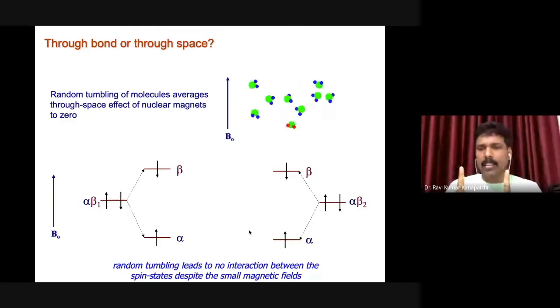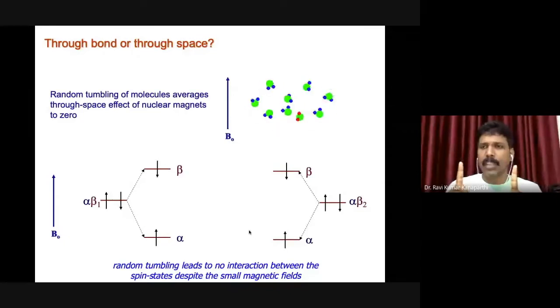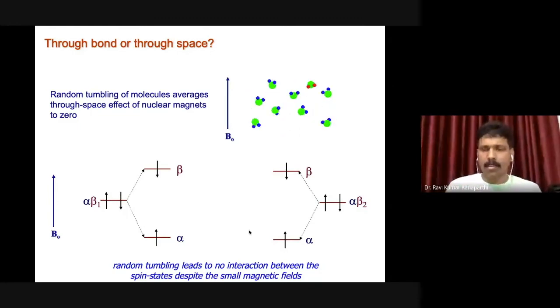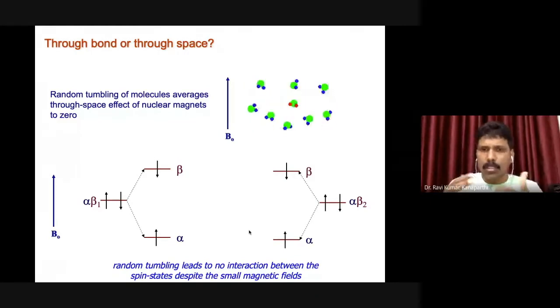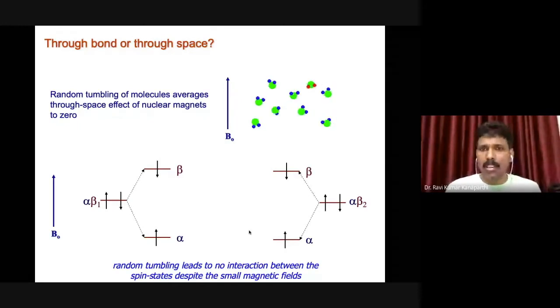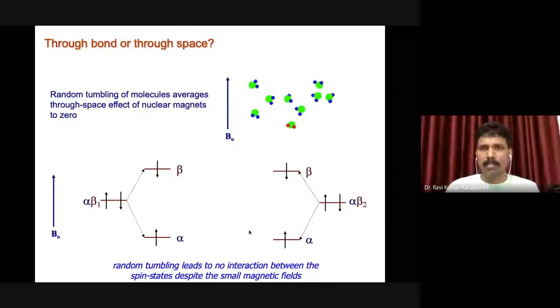So unless a particular proton sitting in the molecule interacts sufficiently, for a longer time, with the neighboring partner, it doesn't show any coupling, right? Therefore, because of this tumbling motion, the coupling is ruled out. We should not see it because of the tumbling motion. In reality, we should not expect any coupling, right?